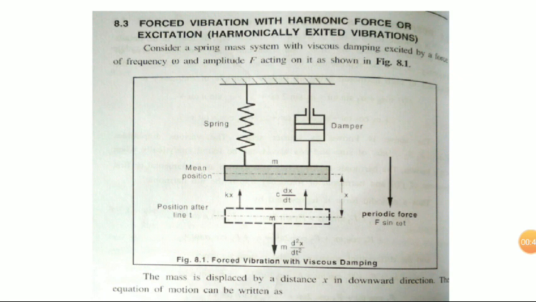So what is the difference between free and forced? In case of free, only a force is applied at the start, and there is no further force applied continuously. In forced vibration there is a force present, means continuously we are applying the force. What is meant by harmonic? Here we are applying a force that is of harmonic nature. Harmonic nature means it repeats after a particular interval, like a sine curve or cos curve. That is a harmonic function.